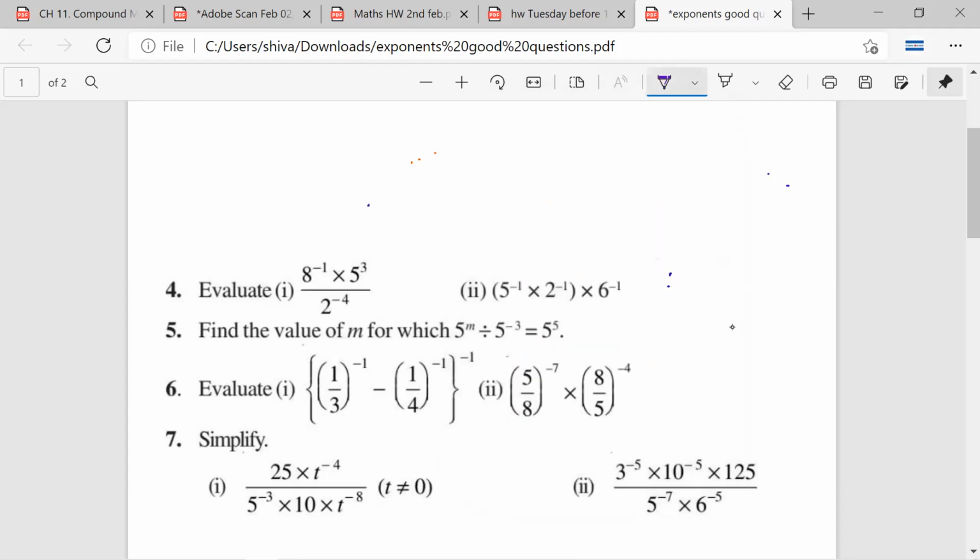Okay. Now again, this is a bit tricky, but let us try to understand this. So 1 upon 3, part by part, let us try to understand. This can be written as 1 raised to power minus 1 upon 3 raised to power minus 1. Aishwarya ji, is it okay? Yes, sir. Now 1 raised to power anything is 1. And this is 3 raised to power minus 1. Is it okay? Yeah. And this can be written as 3. Is it okay? Yes.